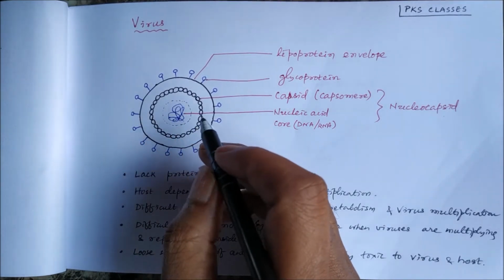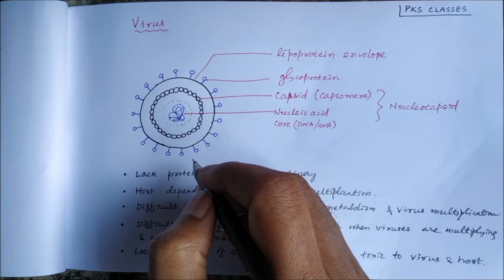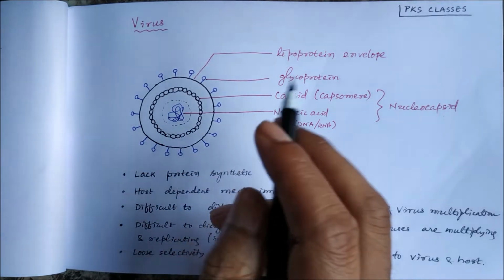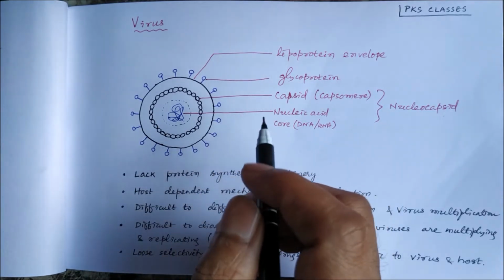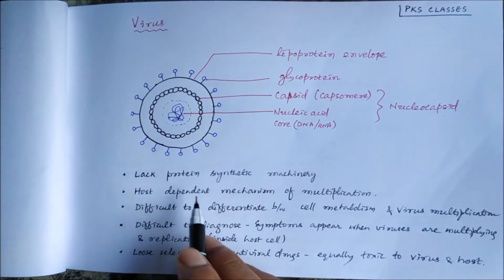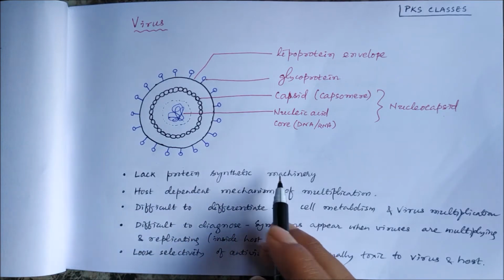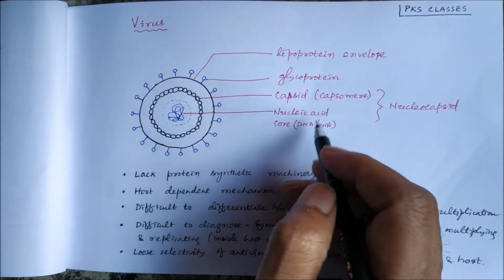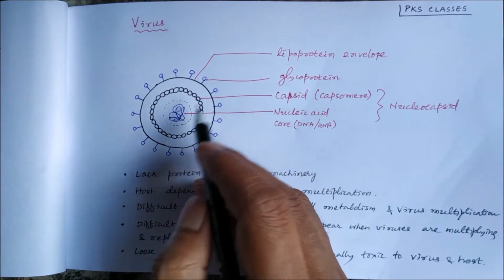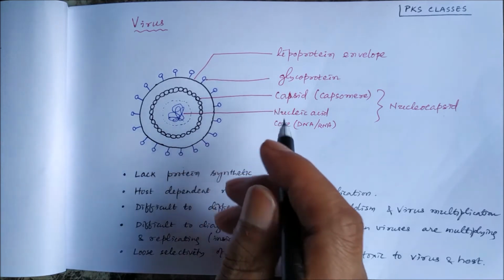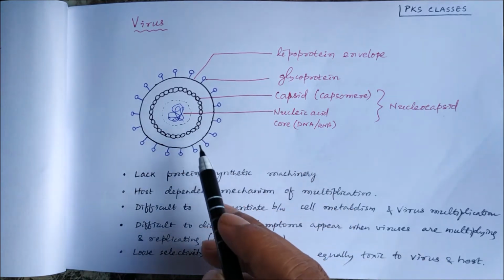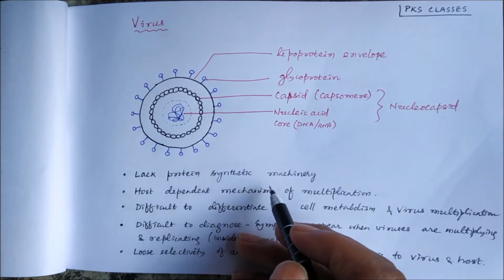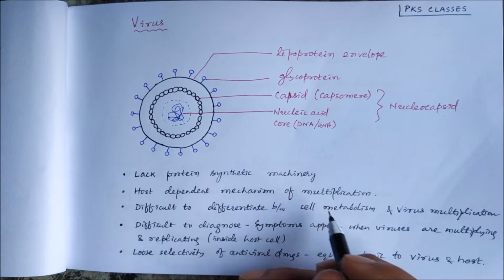Virus is an ultra microscopic infectious parasite. It depends on a host cell. Why does it depend on a host cell to survive? Because it lacks protein synthetic machinery. There is no ribosome. It has a nucleic acid core which it has to transfer, and then it will depend on the host cell ribosome for its protein synthesis. So it has a host dependent mechanism of multiplication,